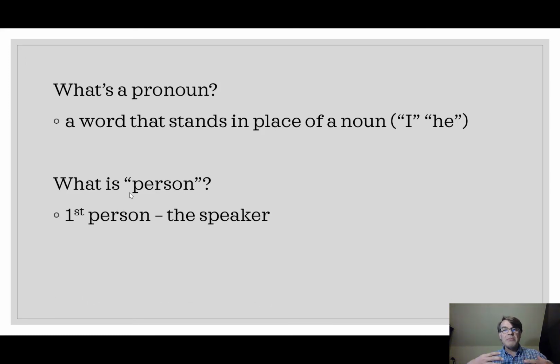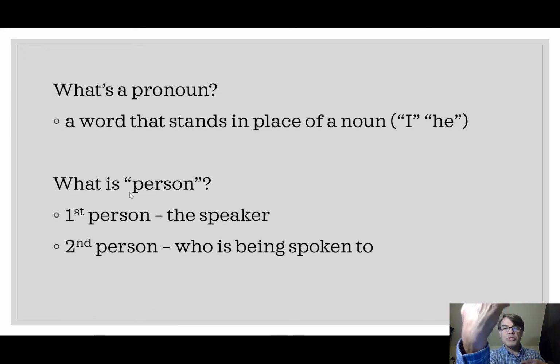When I'm speaking in the first person, the perspective is that of the speaker. If it's singular, it's I am Ken. Or if it's plural, it's we are men, or whatever. So first person is I or we, the person speaking. Second person is who we're speaking to. And so that's you. I'm talking to you, Mr. or Mrs. or Miss or whatever you are.